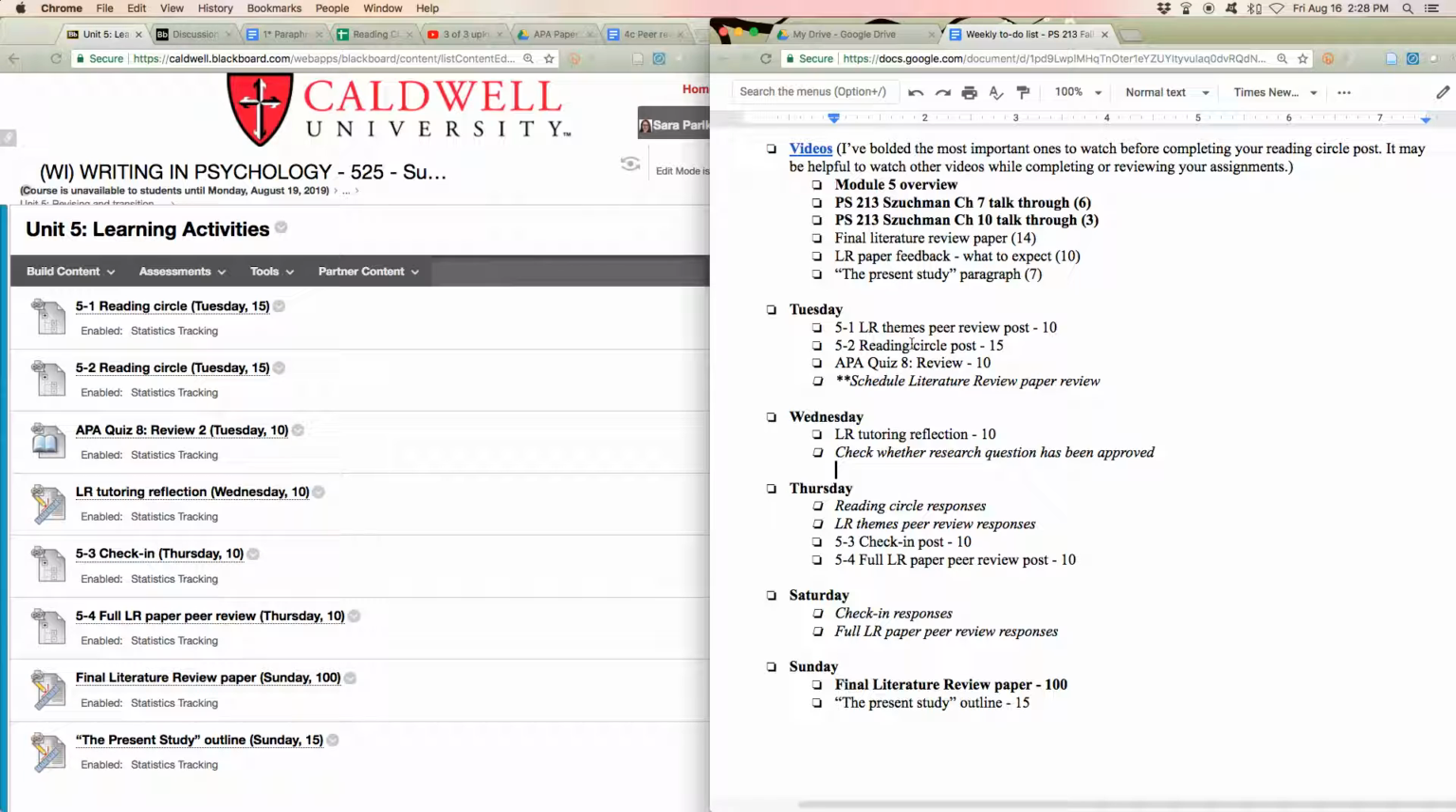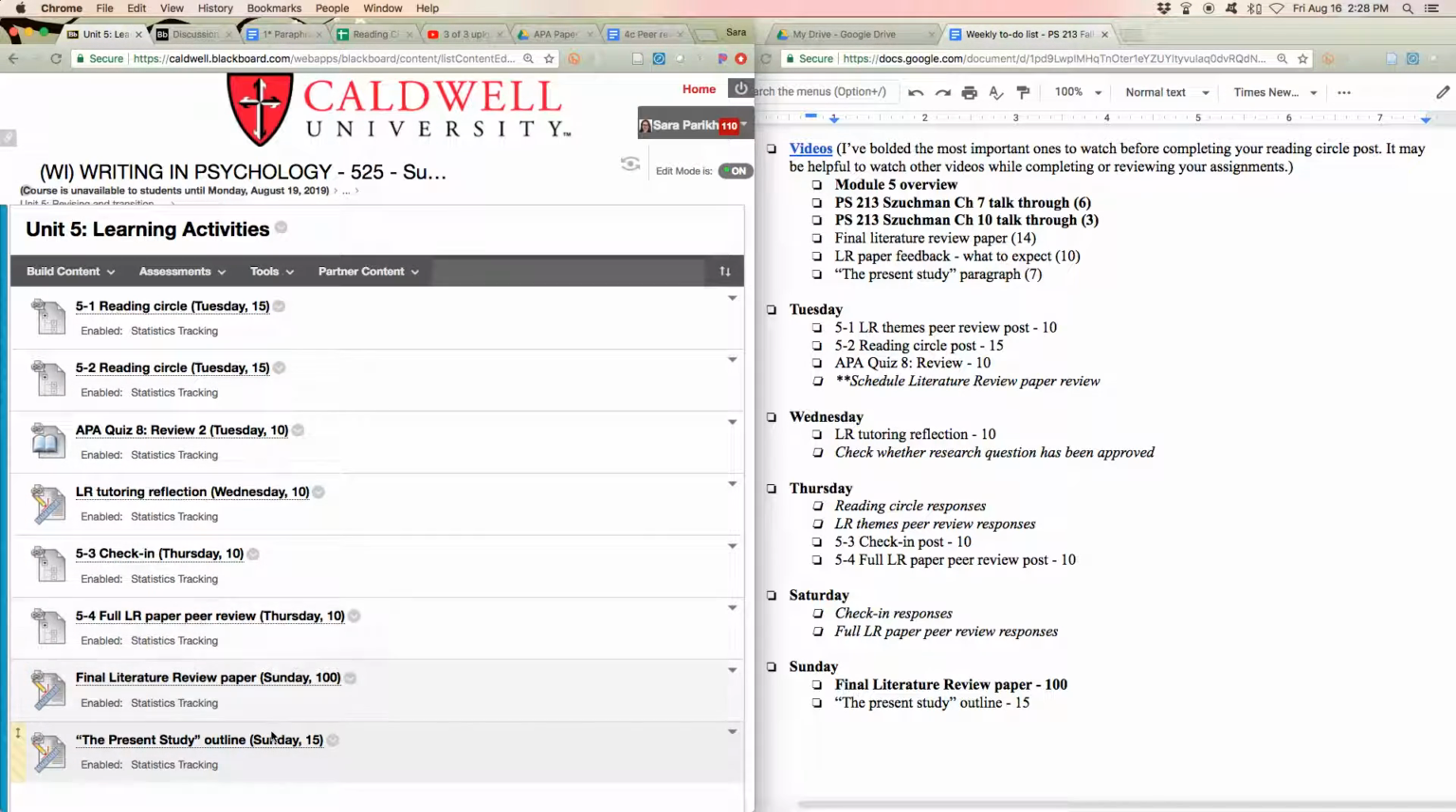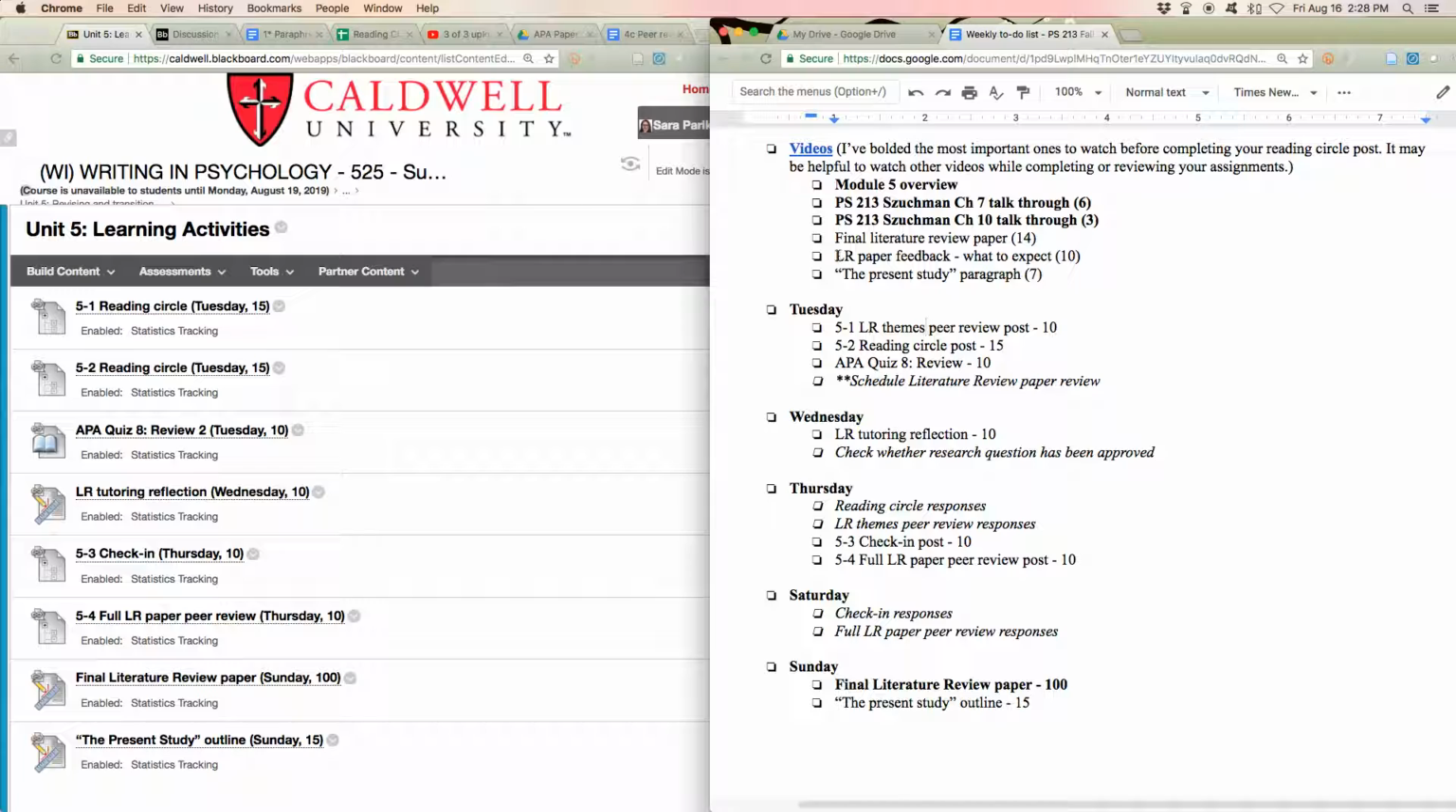You start off, again, it's unusual. Usually you just do your reading circle. I don't know why there's two of those, and so I need to adjust this slightly. But you have your literature review themes peer review post. So same thing, you'll do a full draft. So the whole paper, title page, abstract, the whole nine yards,